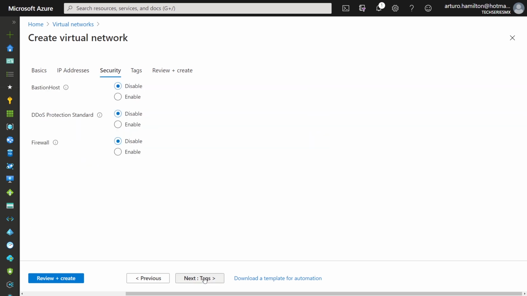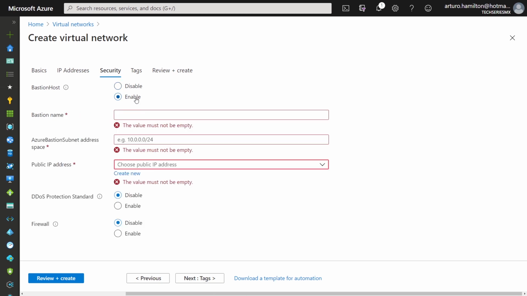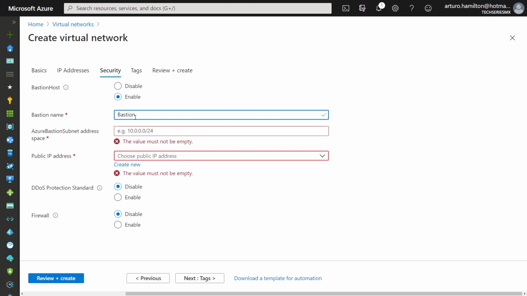Every network we create, folks, has the option of having security by default. We can enable this network to use Bastion. I'm going to show you this later today, but this is a really useful option. So I'm going to configure this right now. Okay, so we will be using that. It's going to be Bastion Workshop. We can call it like that. We're going to have here the subnet